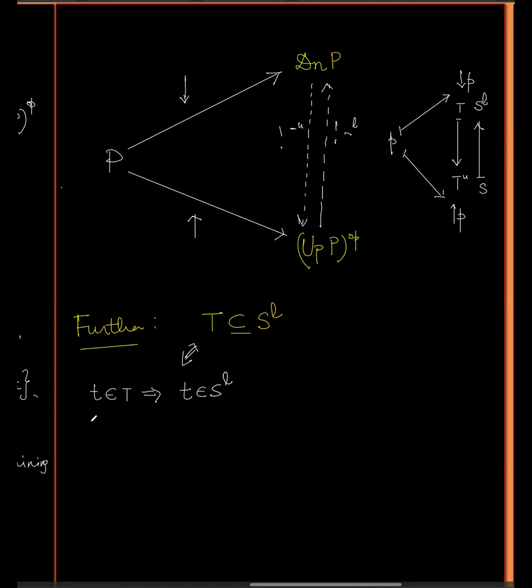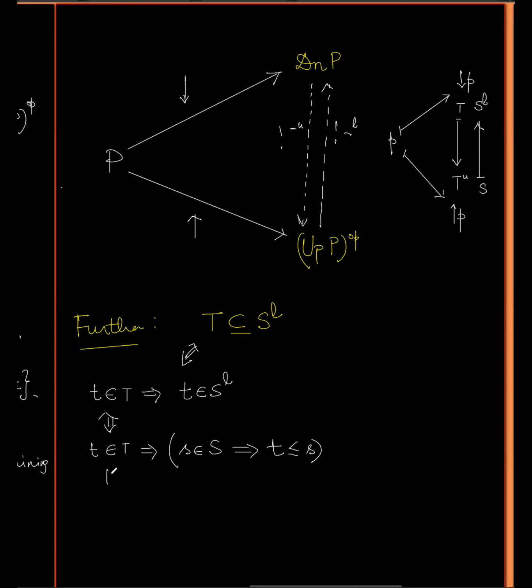So this means that, which is the same thing as saying that whenever you take a T from T, and whenever you take any S from S, this means that T is less than or equal to S, right? So it is telling, therefore, that this is the same thing as saying that